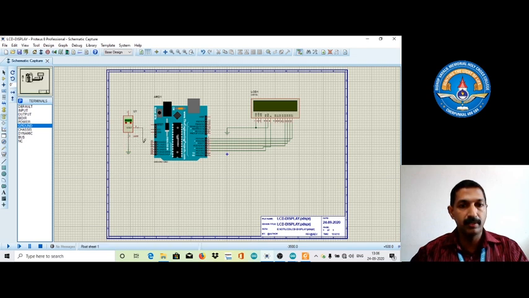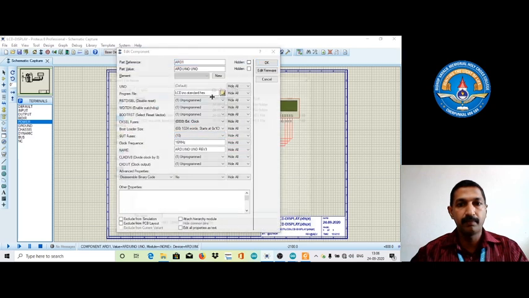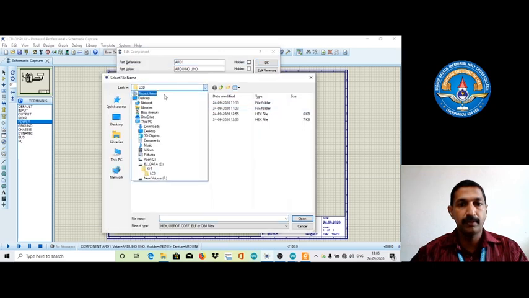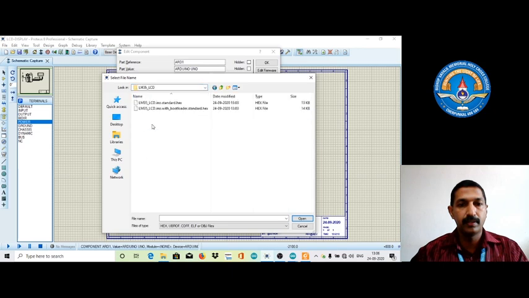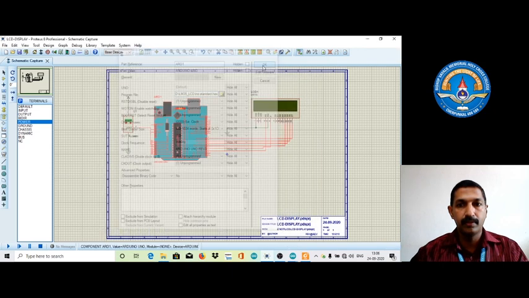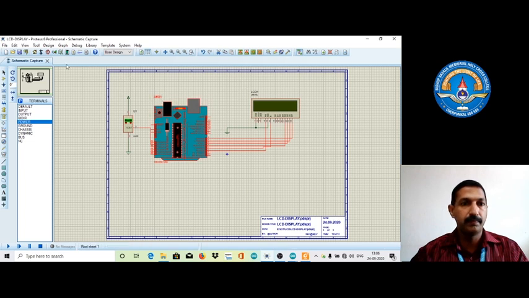We need to connect the output to A1. Give the power. Load the file, LM35. Okay, execute the simulation. Run it.